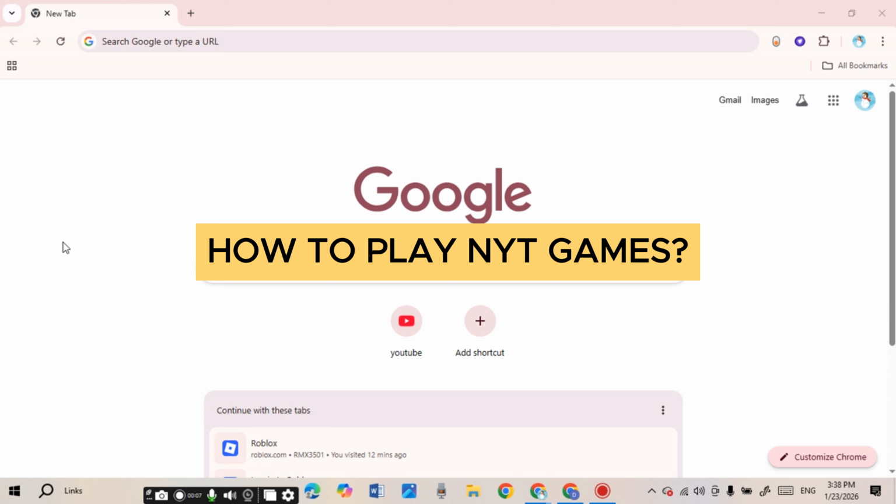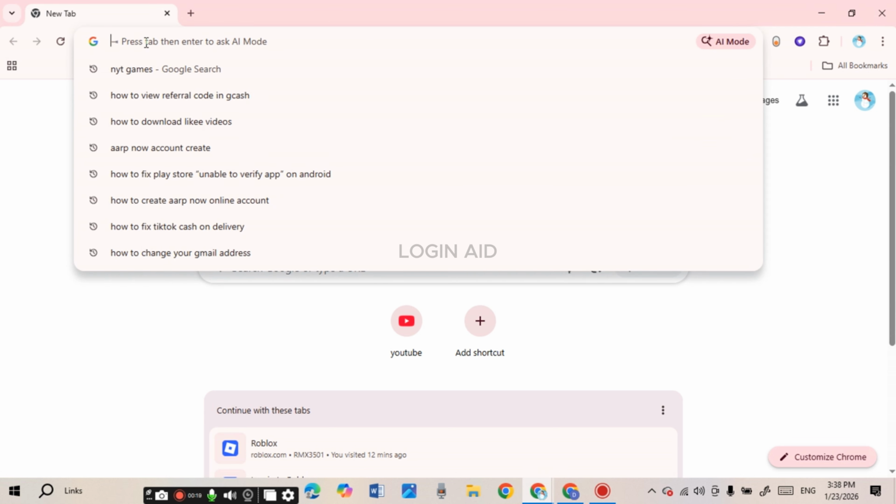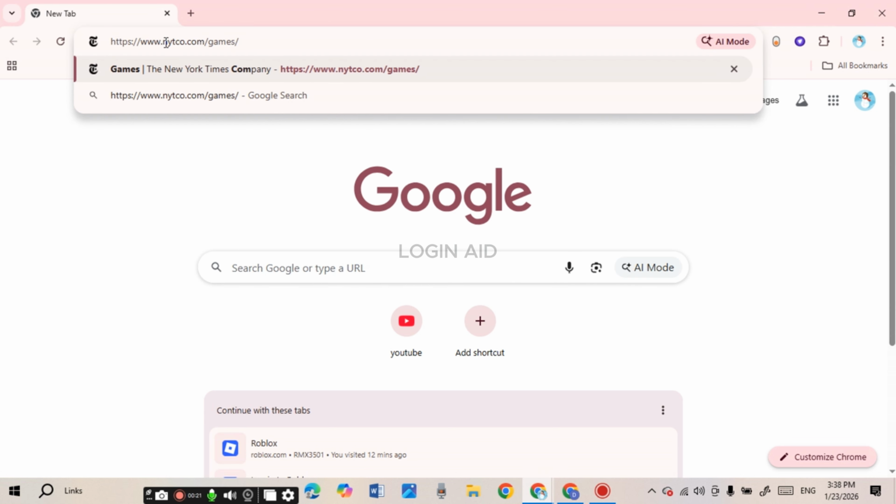In today's video, I'll teach you how to play NYT games. If you want to play the NYT games, it is actually very simple. First of all, launch any browser of your choice. You can see over here I've opened Google Chrome. Now click on the search bar and type in this link